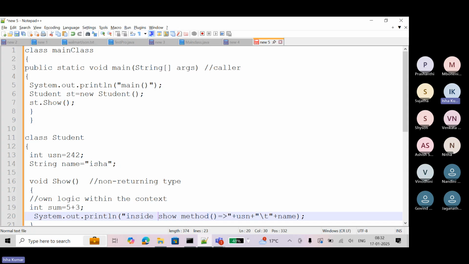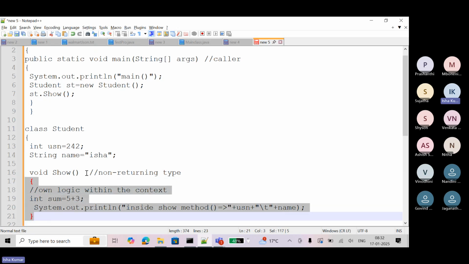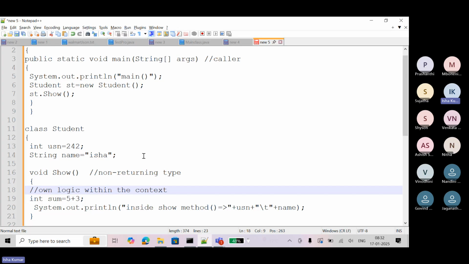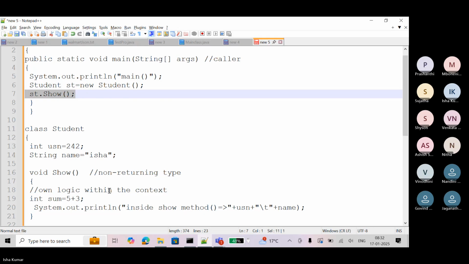Means from here only, line number 16 to 20 only, the code is getting executed. The results are within this context only. From here, control will come here and it will execute its own code here itself. It is not returning anything back to main. Means here it is not printing the result. He is just calling.